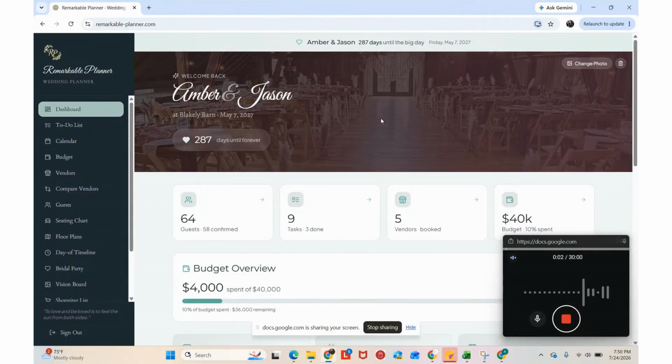Welcome to the full demo of Remarkable Planner. During this demo, you will see what each tab does and all of the features that we have to offer here at Remarkable Planner. Starting off with the Dashboard tab, when you first sign up for an account, you will